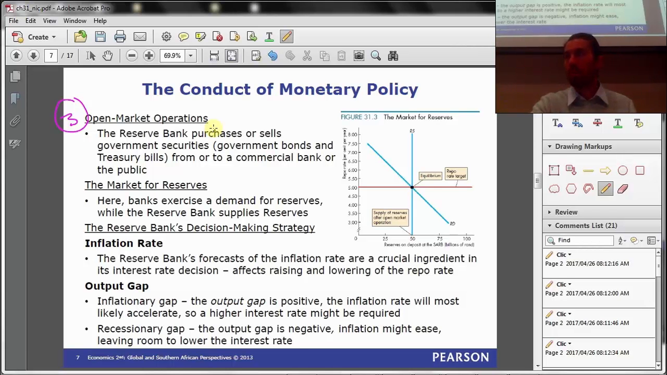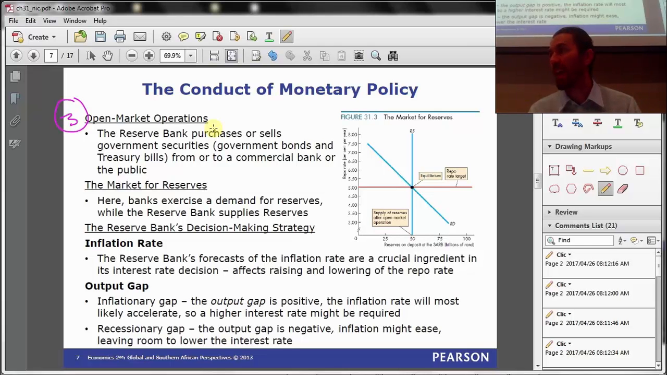Right? Which means it's taking bonds out of the market and putting cash into the market. It's injecting cash. That's how it increases the money supply in the market, by taking bonds away and putting cash in. Okay? That's how it would change the money supply through an open market operation. The reverse would be